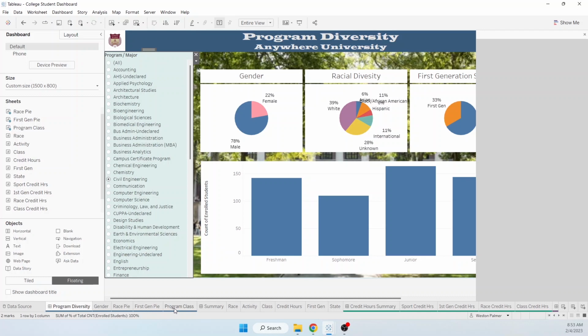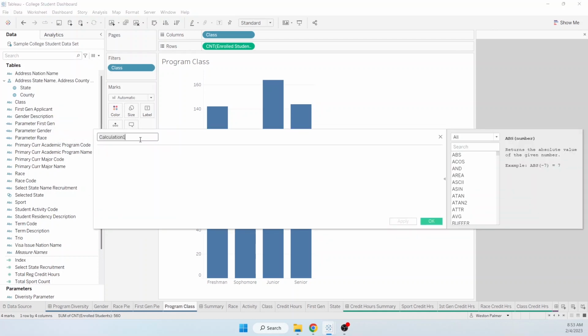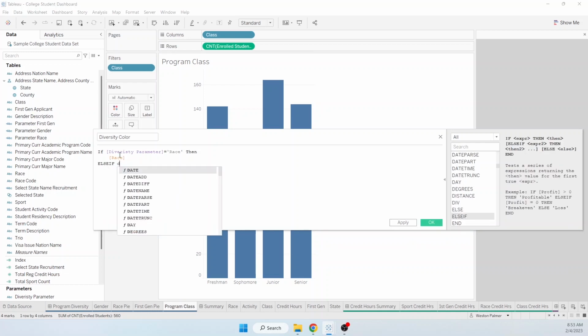So now let's come to the program class. We're going to create another calculated field here. We call this diversity color. And so what we're going to say is if diversity parameter equals race, then it's going to be race. If the diversity parameter is gender,